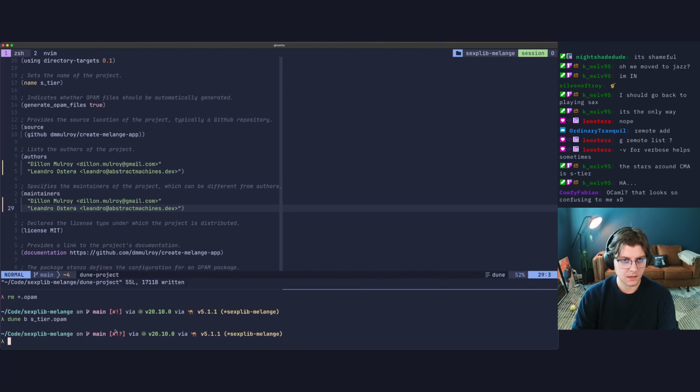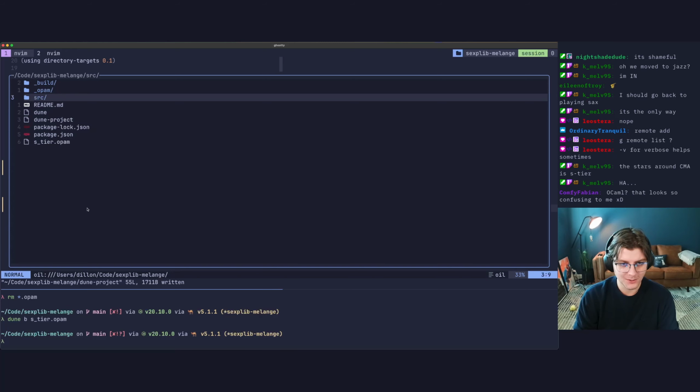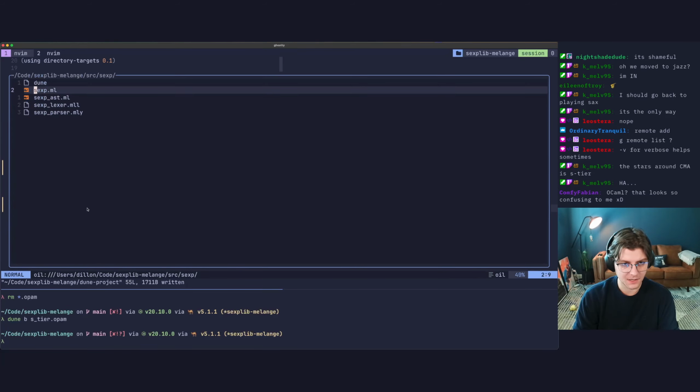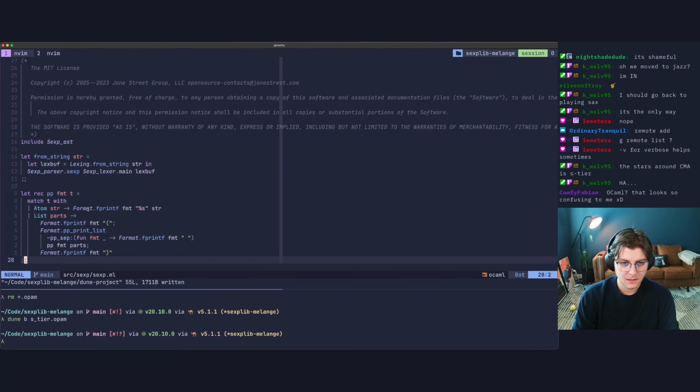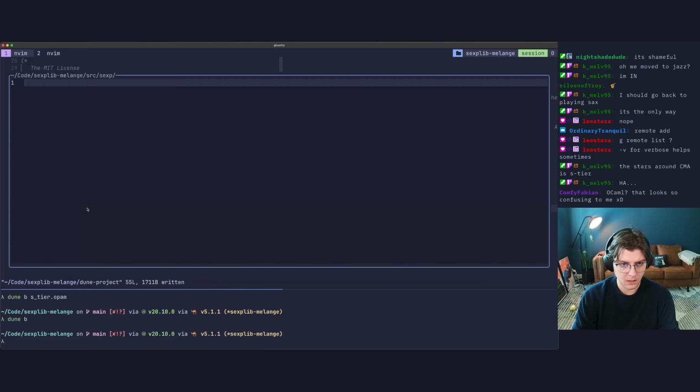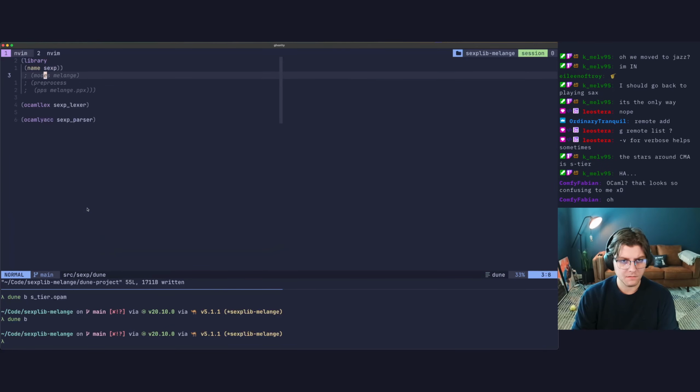This is S expressions right here, Comfy. This isn't actually the real OCaml. This is the build tool syntax. The actual OCaml stuff is like down in here. This is what real OCaml looks like. And then we can say build. Okay, we're good there. Let's try to come back in and, yeah, we're configuring a bunch of build tooling right now. Not super exciting, but